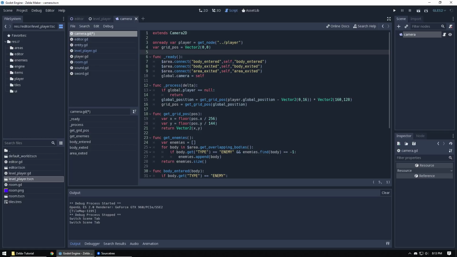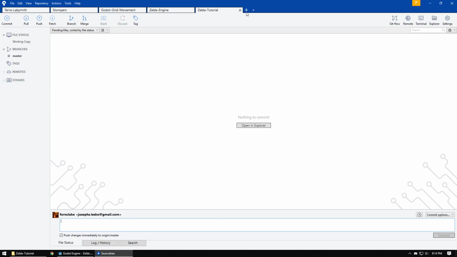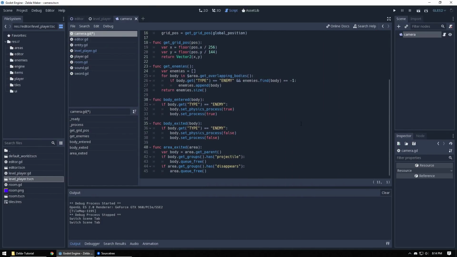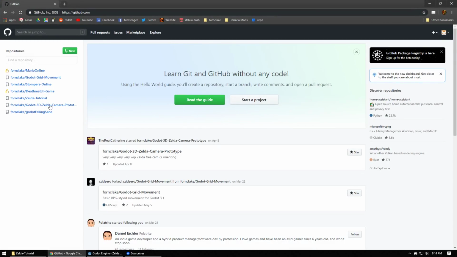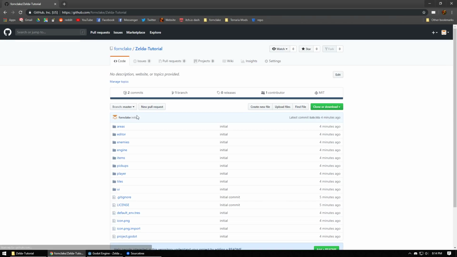But in 3.1 they removed that, and I think that's the main difference for the Zelda tutorial series and by extension that Git repo I just put up. Oh, I should probably clarify that this is